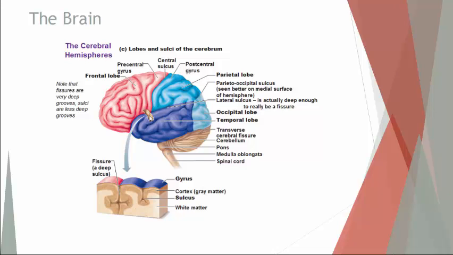Also, looking at this, you'll see this slice of the brain here has been taken out, so you can get an idea of how it looks. The fissure is really just a deep sulcus, a deep indentation, and the gyrus is more of a ridge. And then you'll see the difference between the white and gray matter. White matter actually looks white compared to the gray because white matter is covered with a lipoprotein called myelin to help speed along the impulse between neurons. So that's why it's called white matter. It actually does look white compared to the gray matter, which does not have that myelin covering.